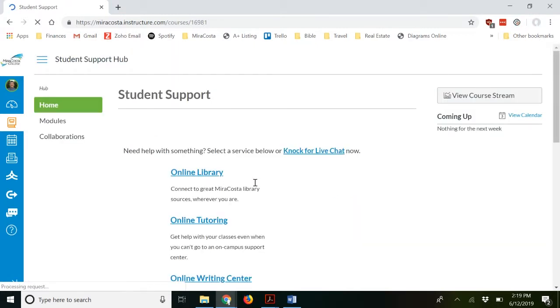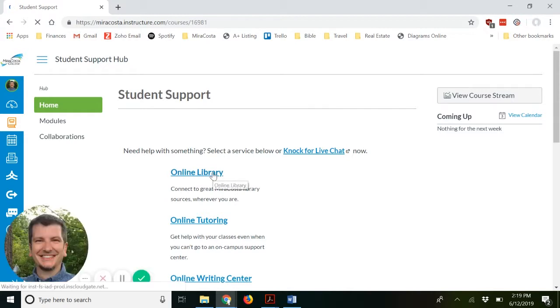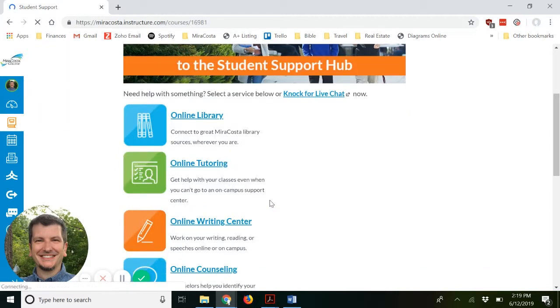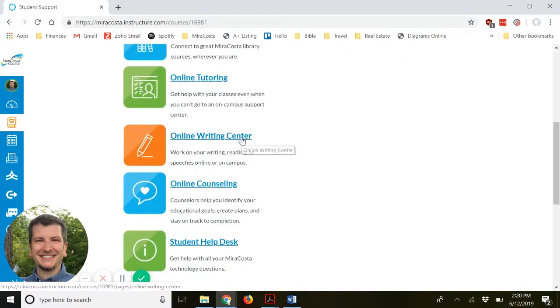The first resource to be aware of is this link that takes you to the online library. Samir Koso, of course, has a library, and you can access many of the library resources right here. This will be really handy once you begin to work on your semester research project for the course. The next link here that's really important is online tutoring, and they have online free chemistry tutoring help. So you can get help with your homework problems, etc. The third link, which is also really helpful, is the Online Writing Center.